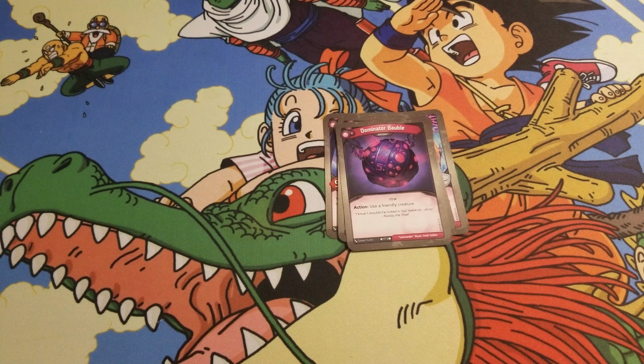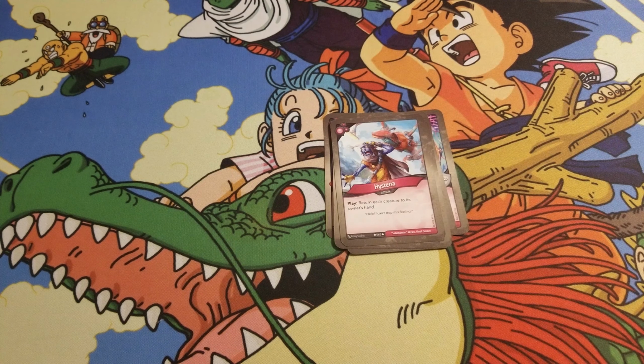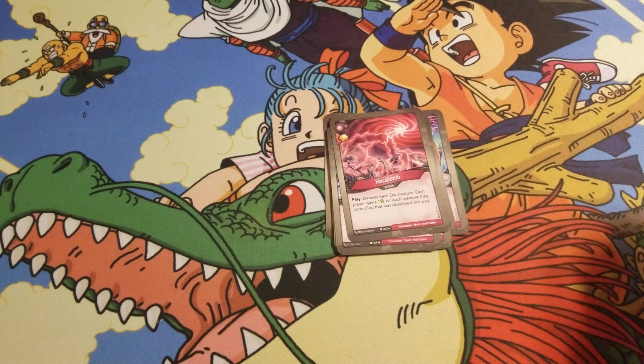We got a couple of good cards here, too. We have Three Fates, which is destroy the three most powerful creatures. We got that in our other deck as well. Very, very strong card. We have Hysteria: return each creature to its owner's hand. Very good card. Then we have Hectocomb, which is just